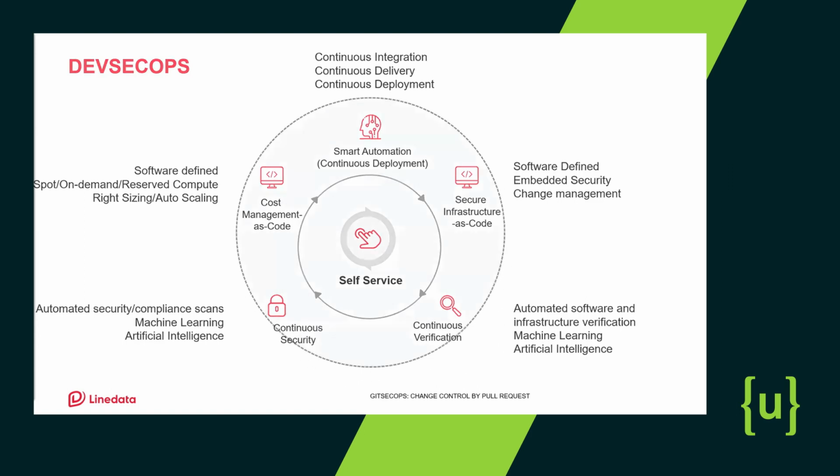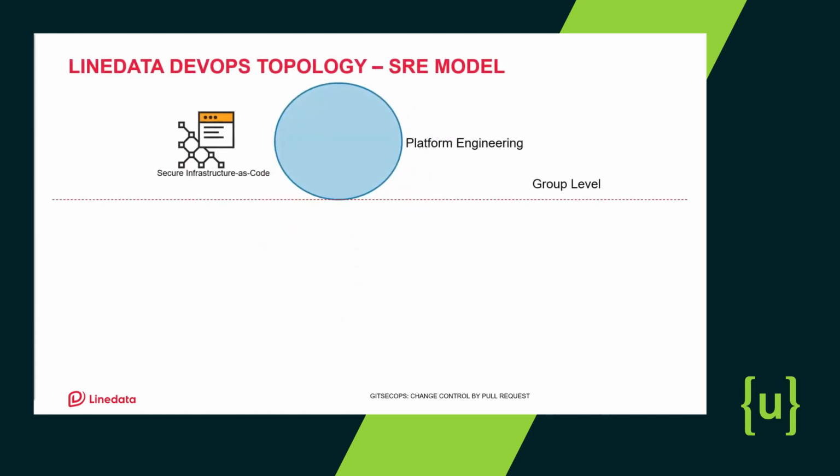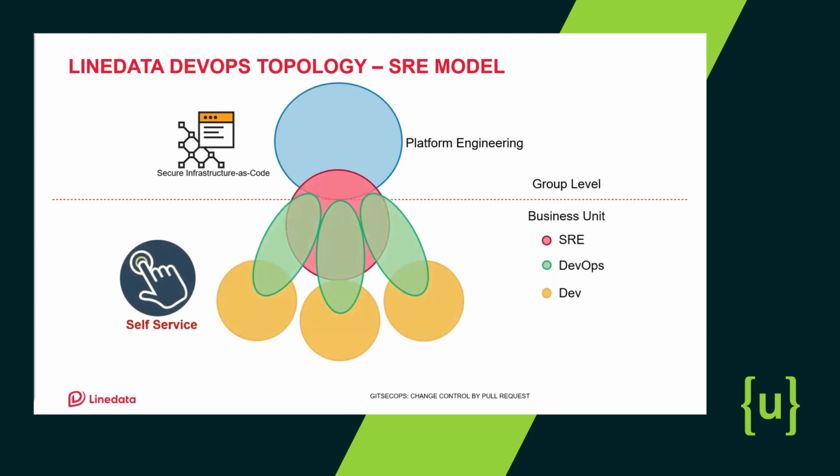And a big part of that is how we decided to organize as a company for our DevOps model. What we decided was we combined the Google SRE model with the infrastructure as a service model. So what does this mean? At the group level, which is kind of a global responsibility, we have the platform team, which I currently lead. The platform team is responsible for developing as code frameworks and modules that are then reusable by every single